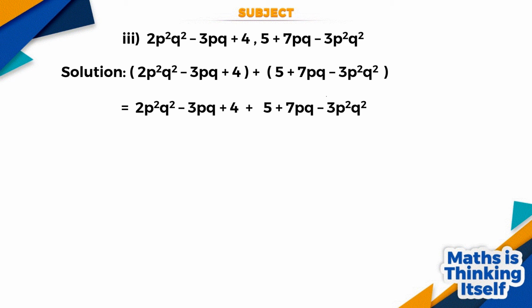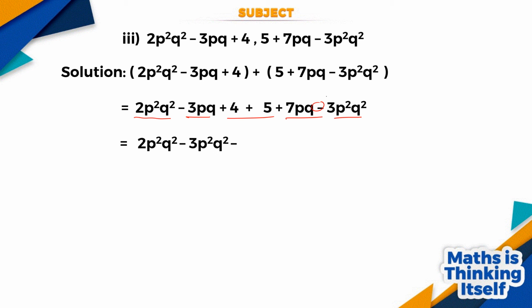Now collecting the like terms, p square q square is the algebraic factors. Another term containing p square q square is this. So but observe that these 3 times p square q square is preceded by negative sign, then minus 3pq, 7pq, and the constant terms. Now combining them, but when you are taking this 3p square q square with this, so take this sign. If you forget this sign, or put the plus sign, your answer will be wrong.